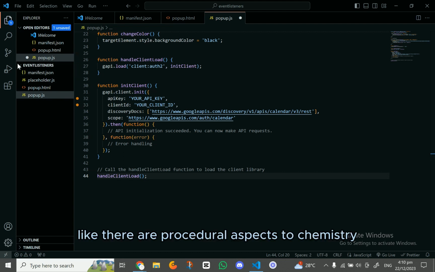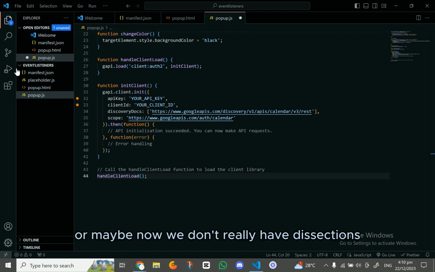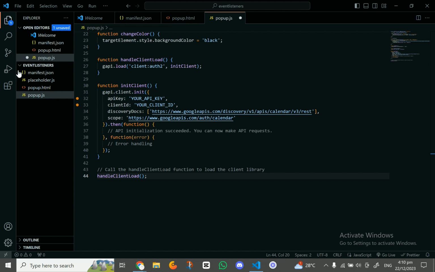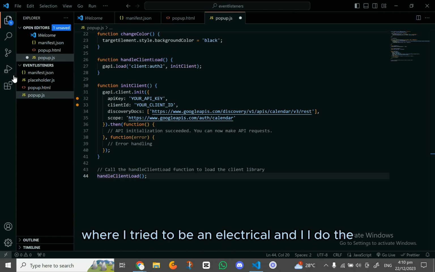Like there are procedural aspects to chemistry, like practicals, or maybe now we don't really have dissections, but there is also a procedural aspect. And it's been showing in the way I try to learn coding, where I try to be analytical